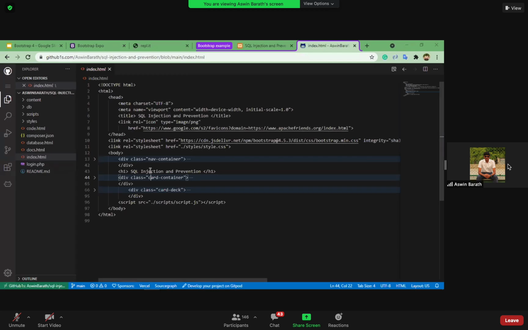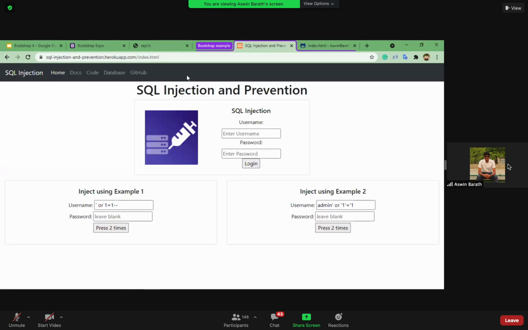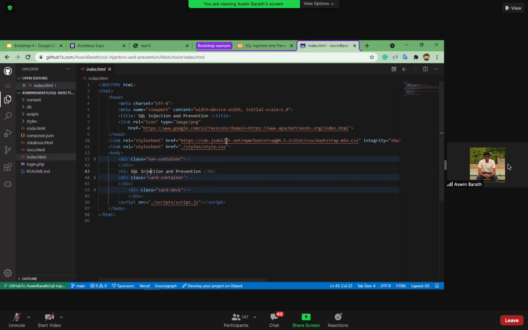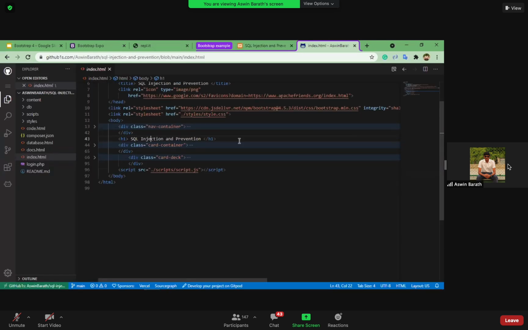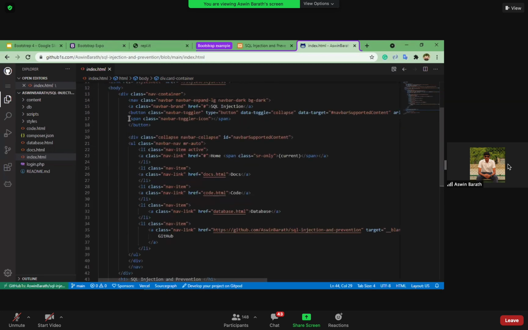Okay, as you can see, in this website I've used 3 main components. One is the navbar, one is this card container, so that I can add this image over here, and one is the card deck, right? So as you can see, there are 3 division tags respectively. I expand this.